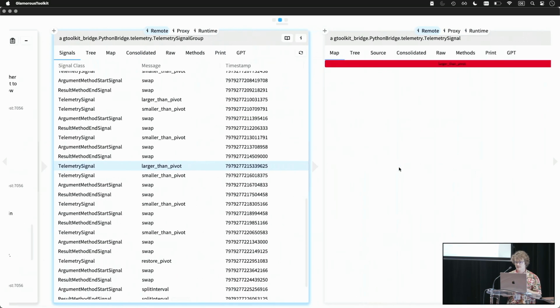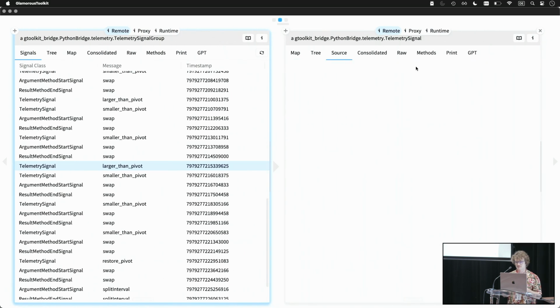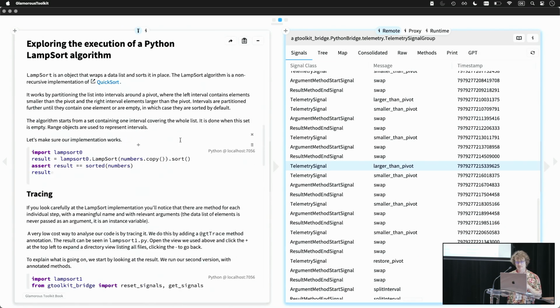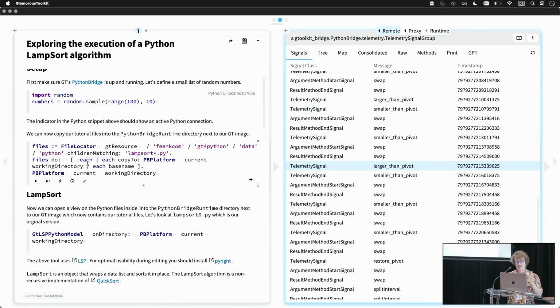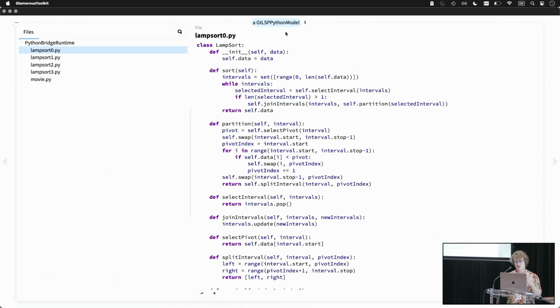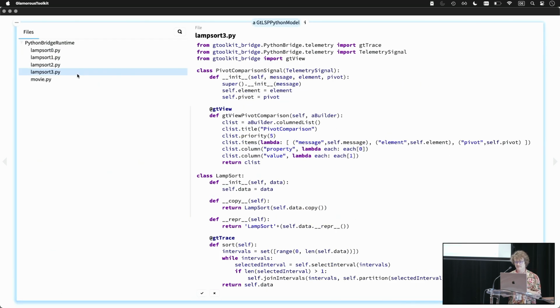But I look at this and there's something missing here. I know what's missing, a view. So last implementation, then I'm going to shut up. You don't just have the ability to have a telemetry signal. Of course, it's a class, so I can subclass it. So in this case, I'm doing a custom signal, pivot comparison, which also has 2 custom accessors and then a